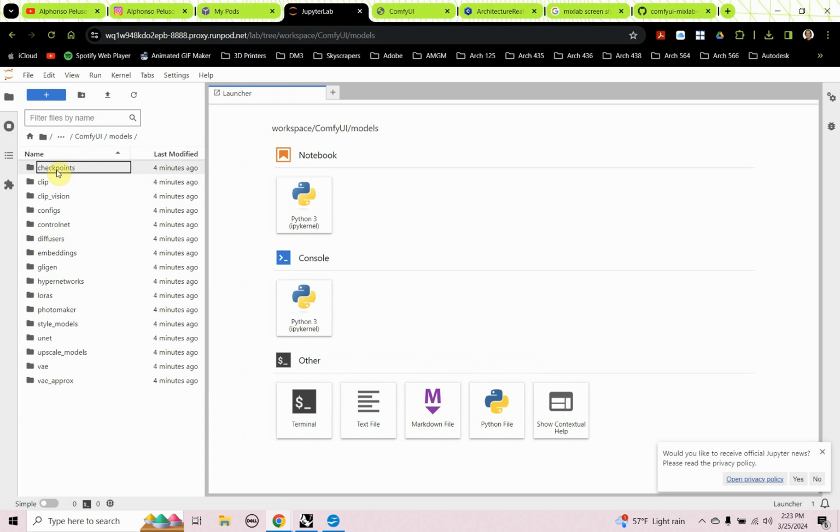Now, JupyterLab does not let you go into the checkpoints folder for this particular download. Maybe because the files are too big in there, but for whatever reason, it doesn't let you go in. So I need to copy my checkpoint models to this folder and then move them into the checkpoints folder. So I'm going to start a terminal,